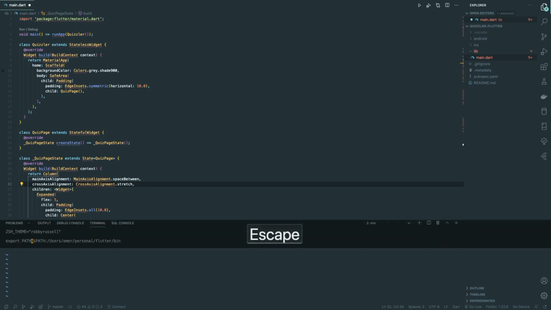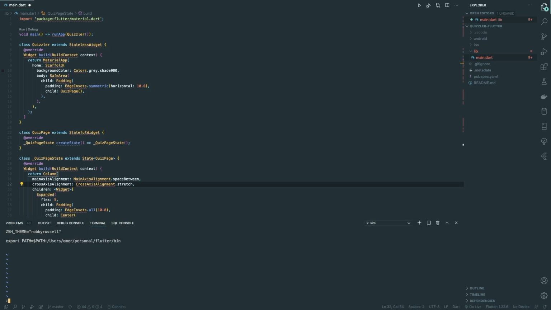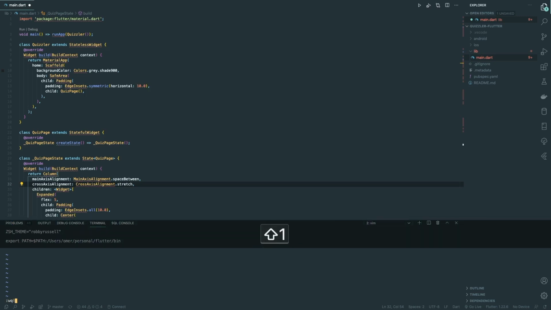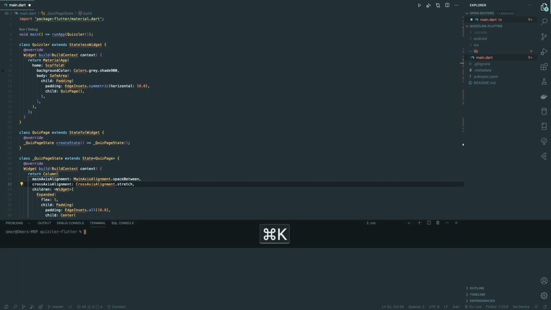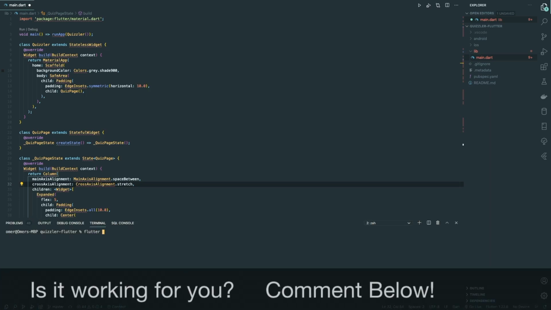and you want to save the file. I'll put below some links to how to use Vim in case you don't know. And now you're going to try to run your Flutter Doctor, and voila,